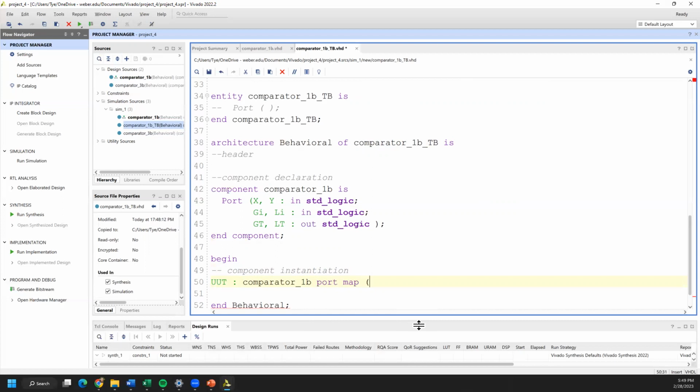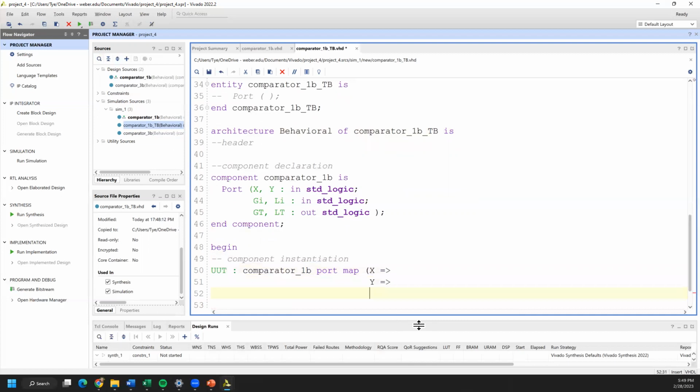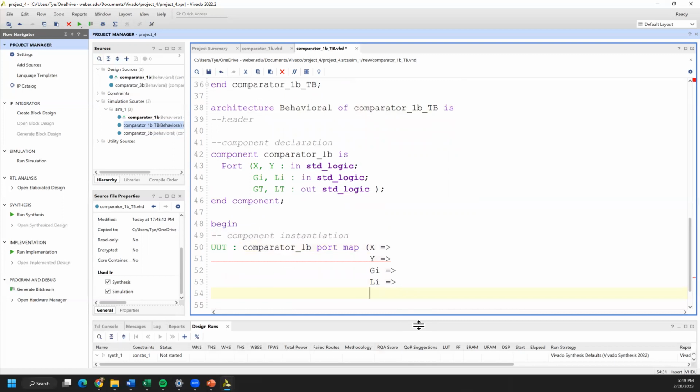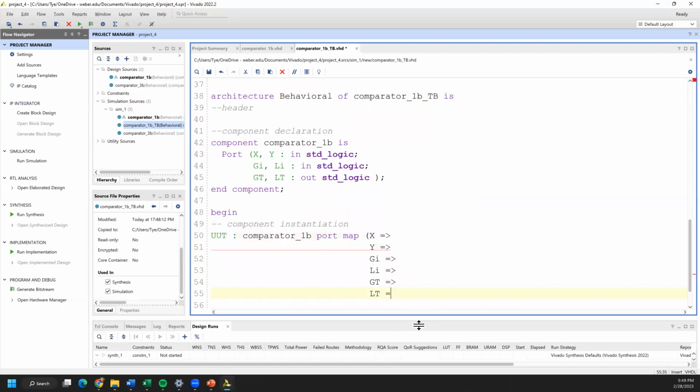Now, as a matter of organization, I generally like to list all of my ports first. So I say X is going to get mapped to something. That is a mapping arrow, is what I call it. I'm sure it has an official name, but I'm going to be lazy and call it my mapping arrow. I'm then going to tab over so that my next line is lined up and say that I need to map Y to something. GI gets mapped to something. LI gets mapped to something. GT gets mapped to something. And LT gets mapped to something. Close parentheses, semicolon, and now I have the rough structure of what I want to implement,